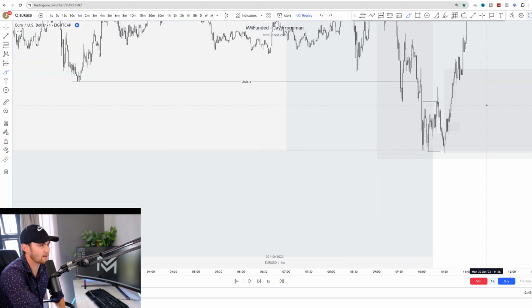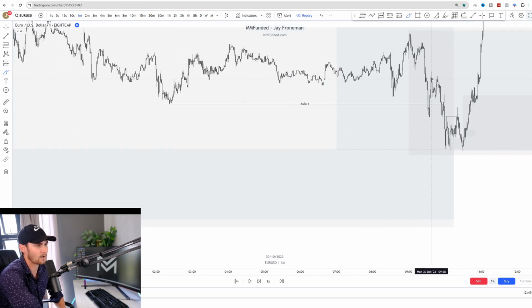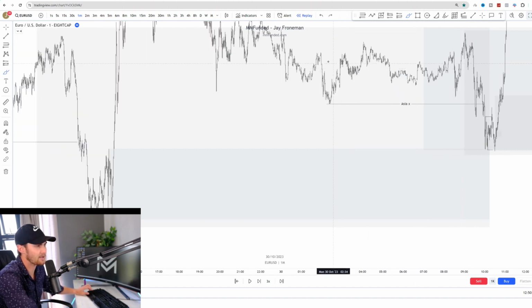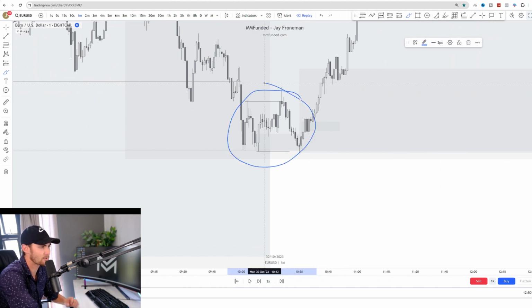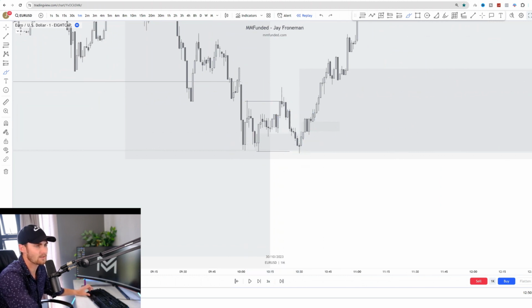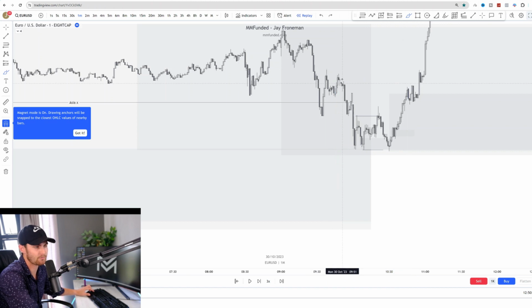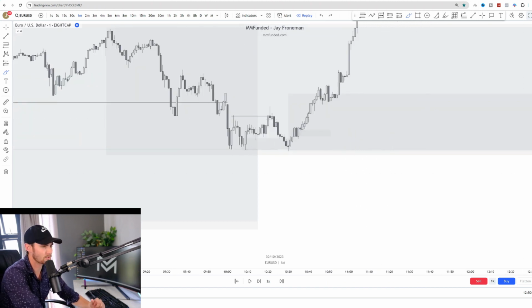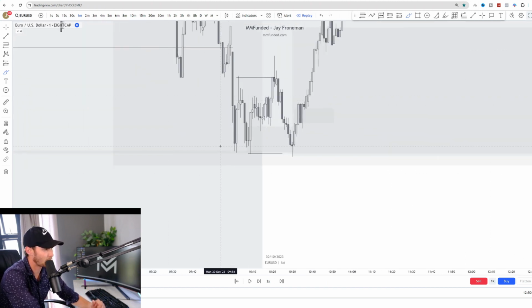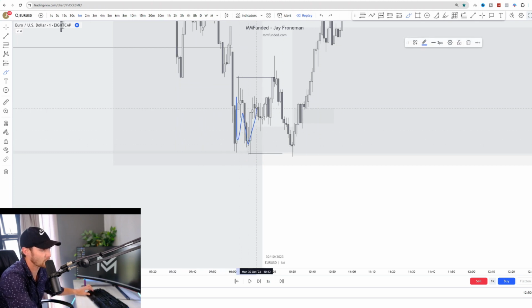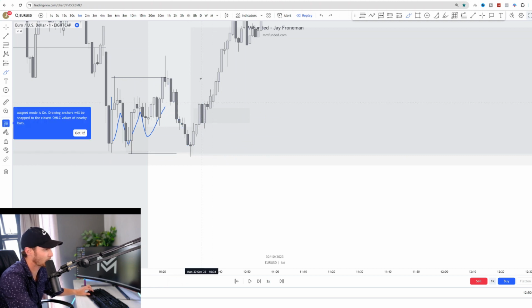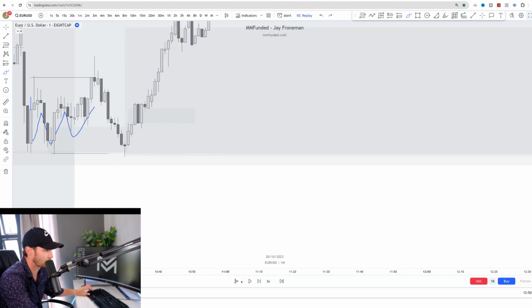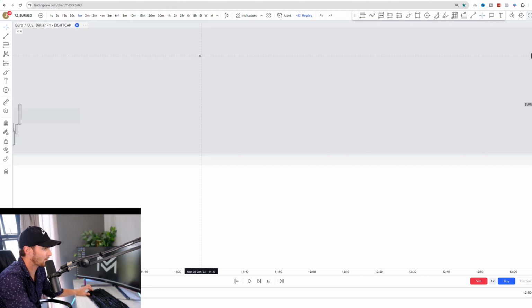So as price is now swept, so as now price is in that violation or manipulation phase of the M15 or the higher time frame accumulation, we can use the same thing on the 1 minute as confirmation that the M15 manipulation phase is going to now distribute. So we look for, as price mitigates this POI, relative equal lows, a bit of a range, a sweep of that range. Then we want to see that displacement fair value gap, which in the scenario on the 1 minute, we entered on this